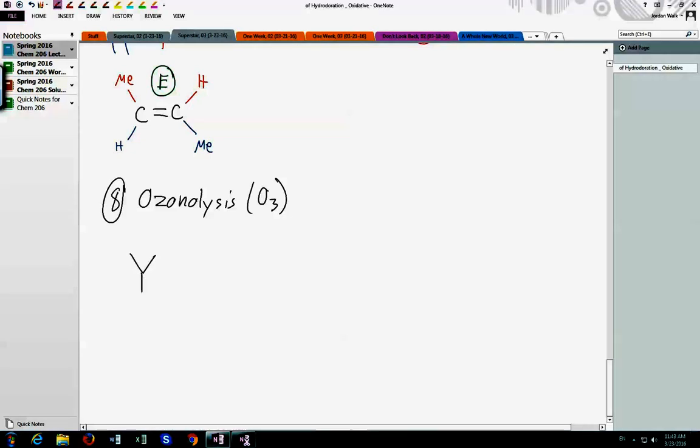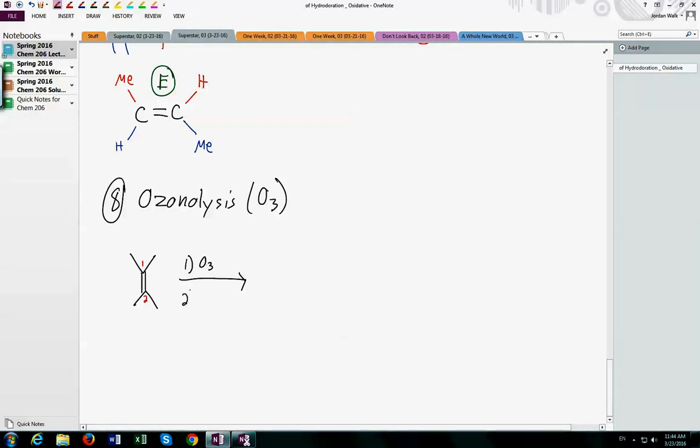All right, so we'll start with the starting material, and we'll just draw this symmetric alkene, and we'll call this carbon 1, and we'll call that carbon 2. We're basically looking at the two carbons that are connected together. Again, this is going to be another two-stepper, so we're going to end up with a stable intermediate. The first thing we do is we hit it with ozone. All right, so we react it with O3. And then the second step,